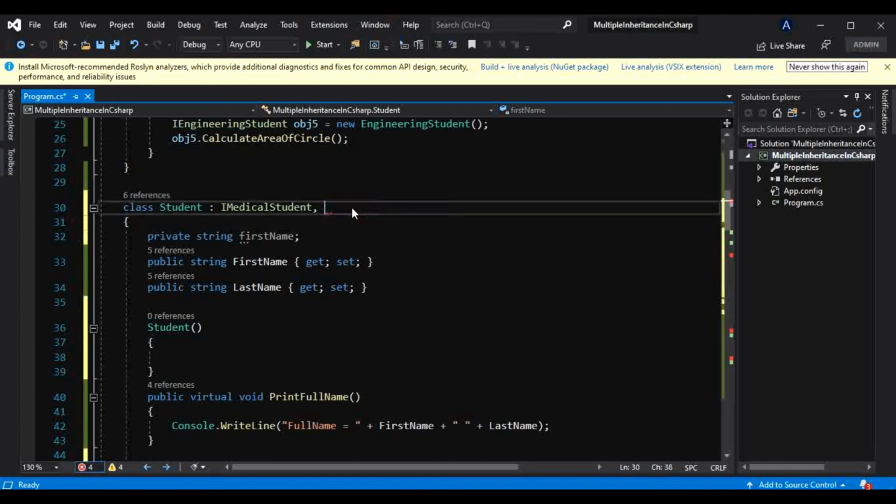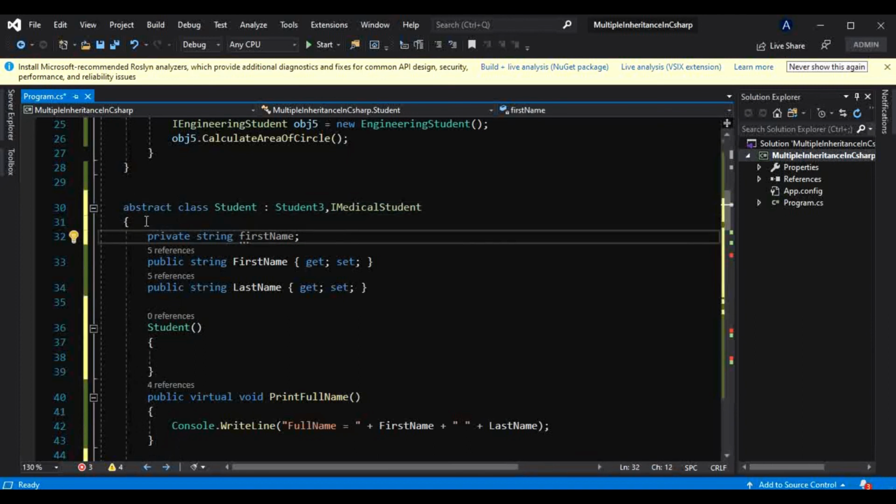And yes, it should be before the interface. That is the convention. So I will make that abstract. Now what that point says: this abstract class can inherit from a class as well as an interface, but